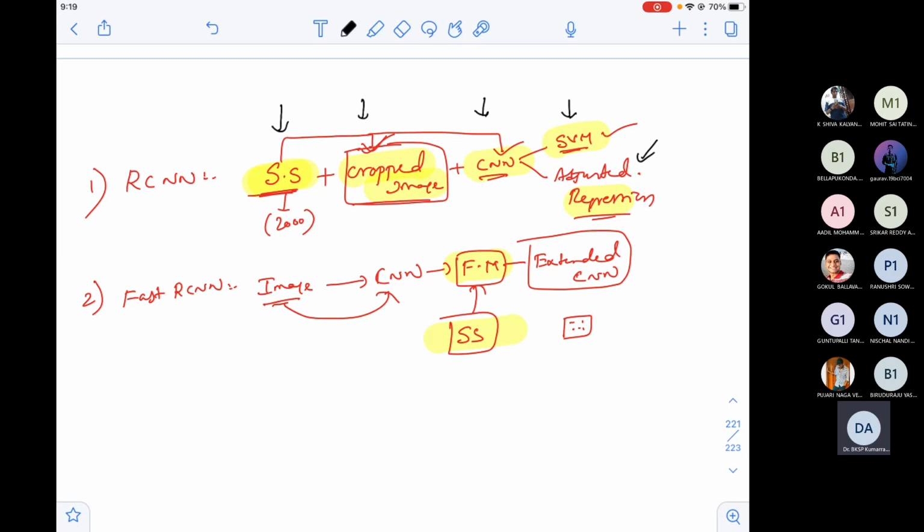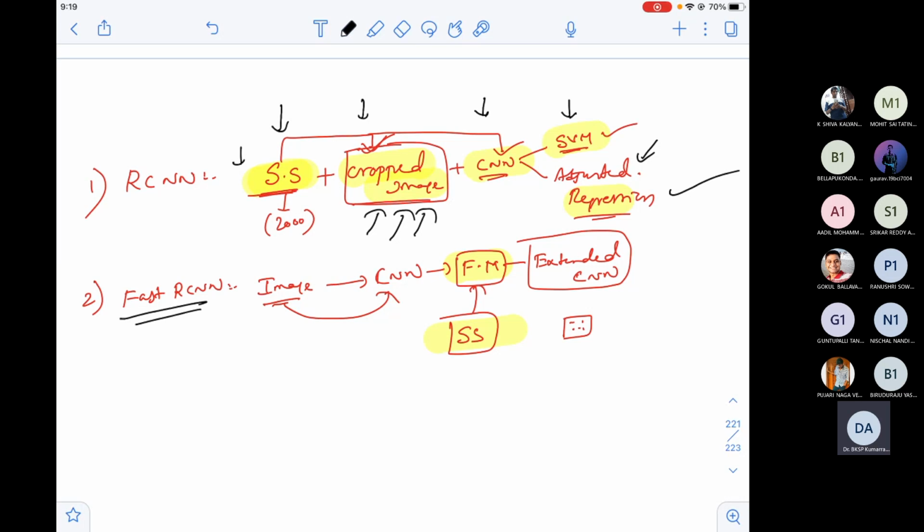Why do we have to adjust? Because the proposed box that I have made using selective search may not always contain the complete object. Maybe during proposal I've taken this box, but actually the box should be adjusted like this. This adjustment is done using regression models. Definitely this is time consuming because I'm passing each boxed image to CNN. There are 2000 boxes that I propose, so 2000 times I have to pass to CNN.